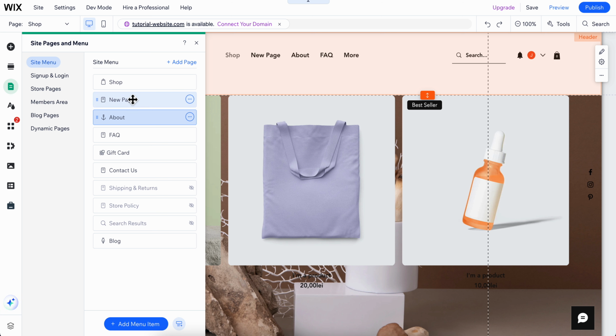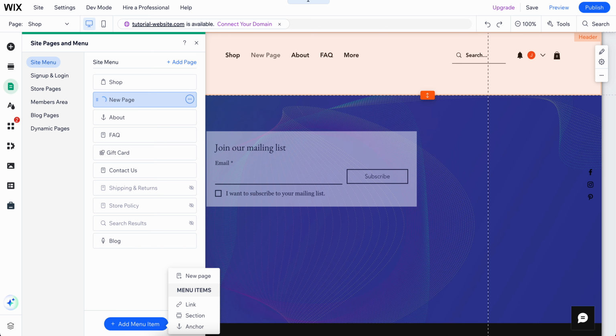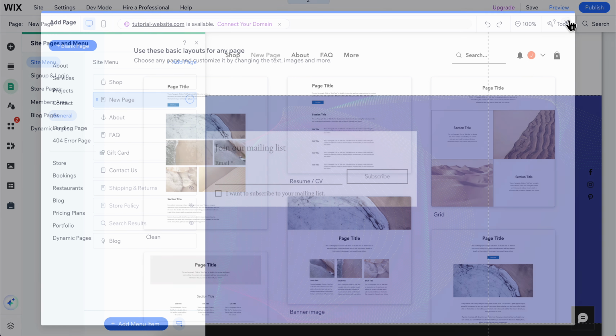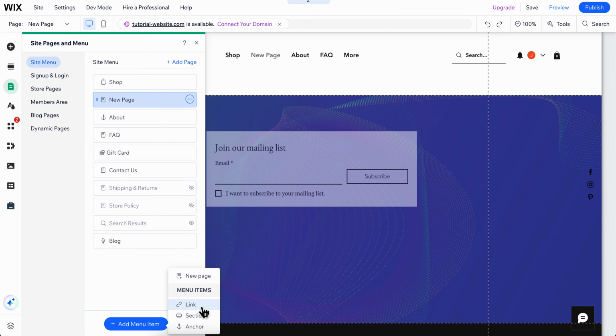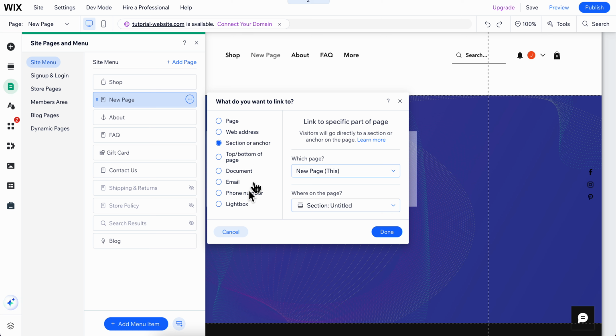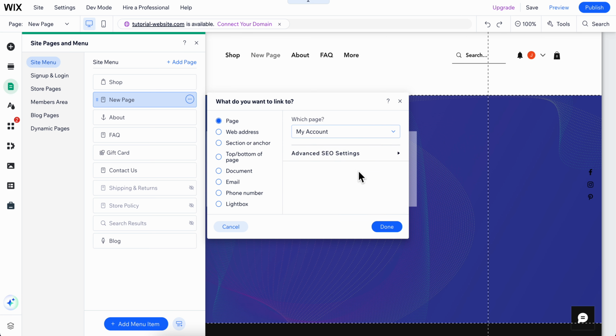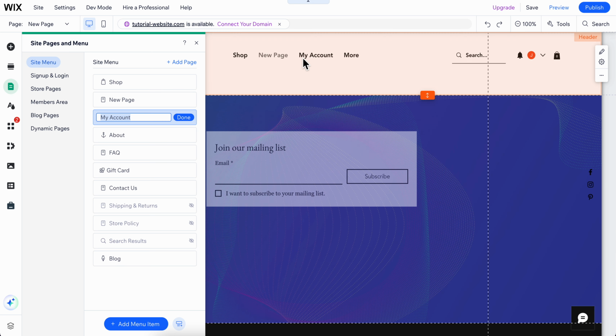So what you're gonna have to do is simply click on add menu item, and then simply select the new page. So if you want to create a new page, or you can simply click on anchor here, and then you're gonna have to simply select the page. So as you can see, this one here, and then click on done,